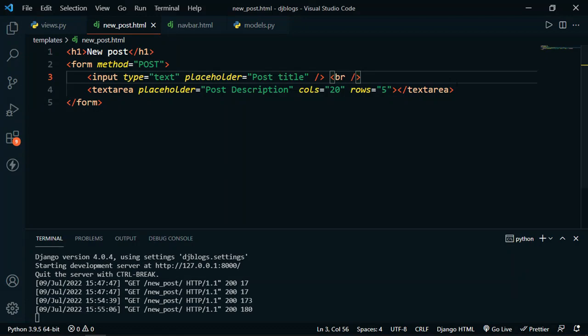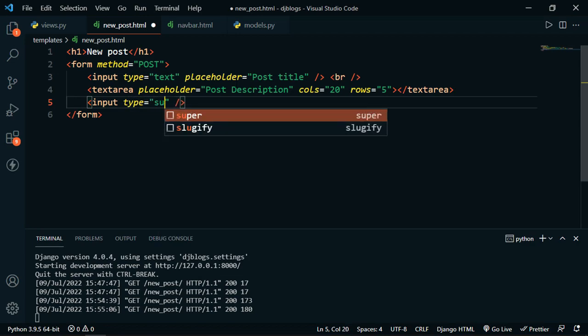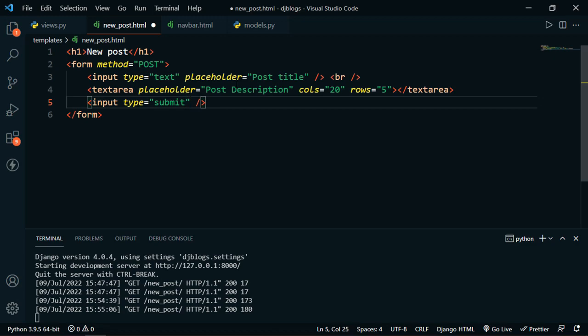Now let's add a button to submit this form. So I will type here input. Basically these are some HTML kind of stuff, so if you know HTML then you are pretty much familiar with this. The type will be of submit, and the value will be submit. Let's save this file, and while dealing with this text and this description in the backend, we have to give